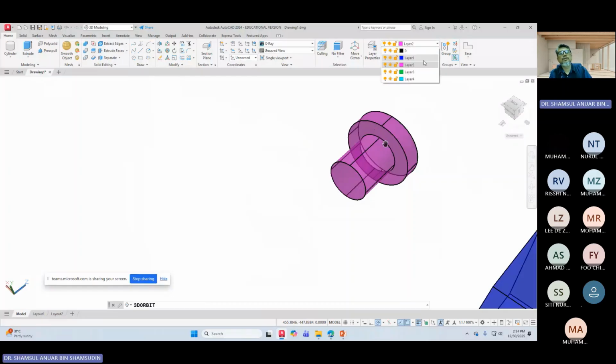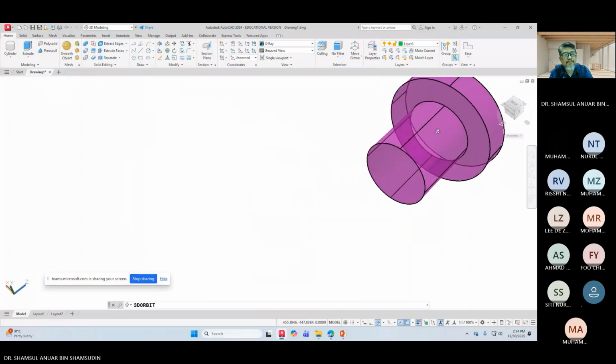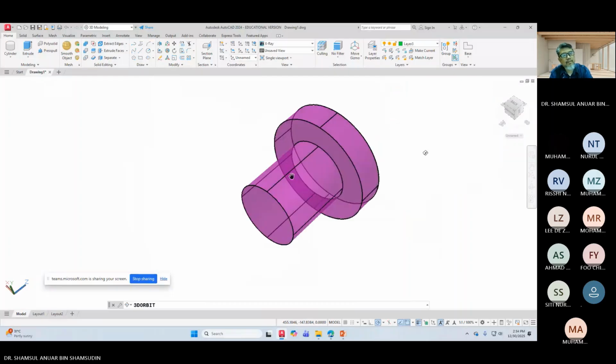So I can go to the green one. Okay, so let's create a screw, what is it called? A coil. So this one you can create a coil, helix, specify center, maybe this one, center,